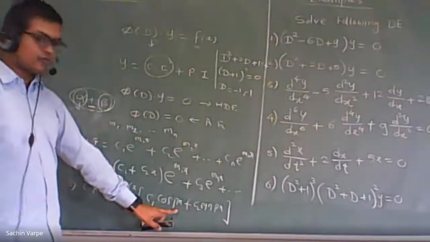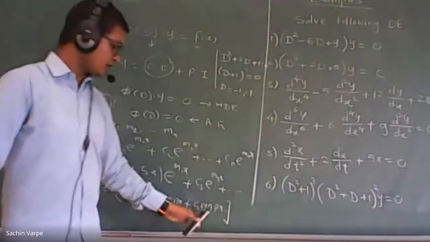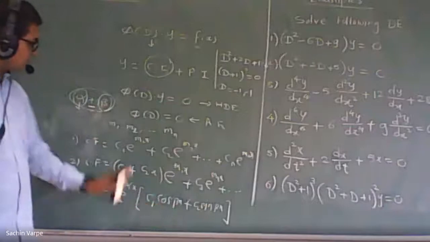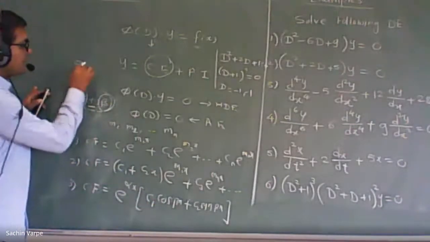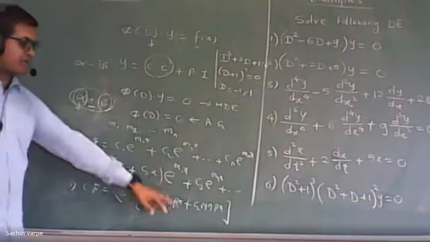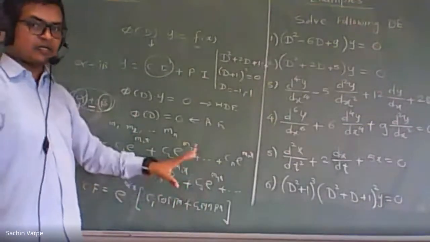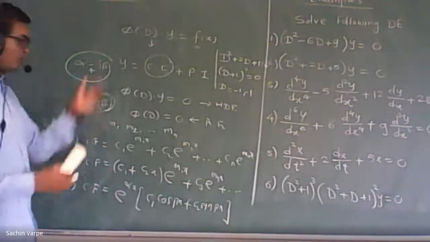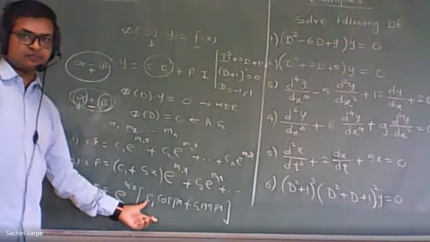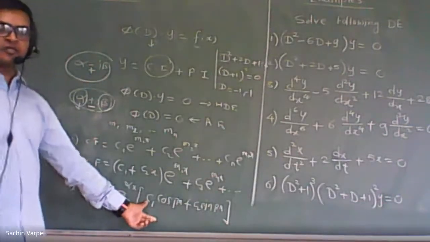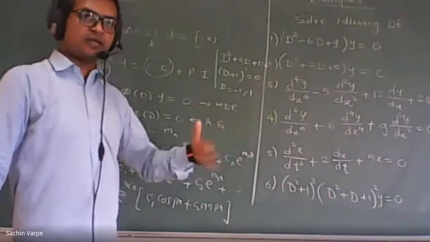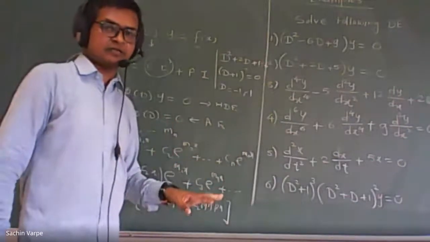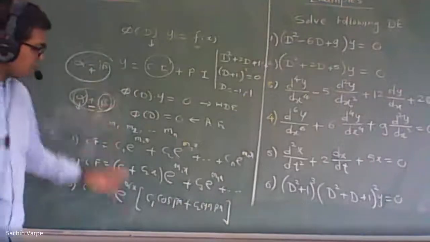Most of the students get confused whether to consider i, cos i beta and sine i beta. No. And one more thing students are confused about: if they get alpha minus i beta as a root, then they consider beta as negative. That is not the case. Remember, if alpha minus i beta is a root, then alpha plus i beta is also a root, and for both of these combined we have this formula. So don't get confused. If we get alpha minus i beta, or 3 minus 2i, as a root, then beta is always 2 in both cases. For both of these roots, we have this formula.